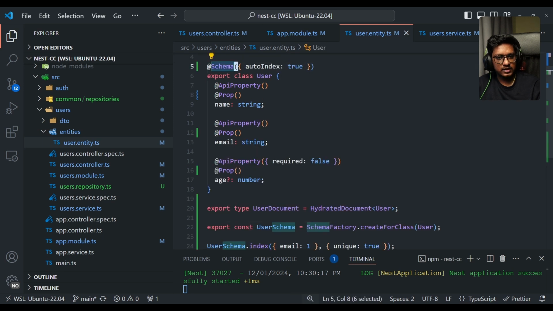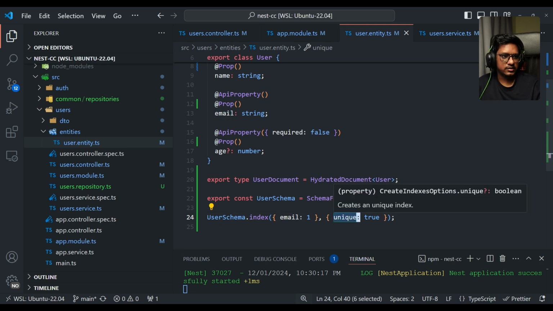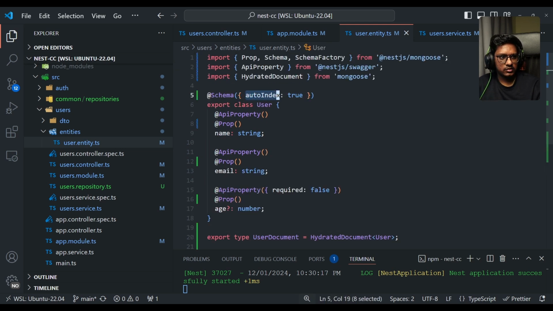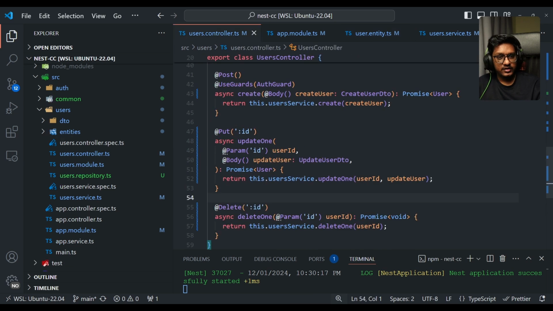Though we defined as a schema decorator, we need to use this create for class so that we'll get the actual user schema entity, and on top of it we can use this index function to define this as an email, and which is a unique index. And also we passed this option auto index, so whenever the server starts, it will check all the indexes that are defined in this user schema are in place or not. If not, it will create the indexes accordingly. That's it. Later we defined all the other functions also, and we closed the loop by